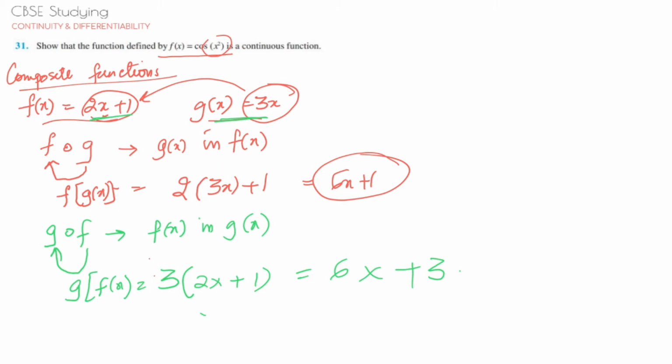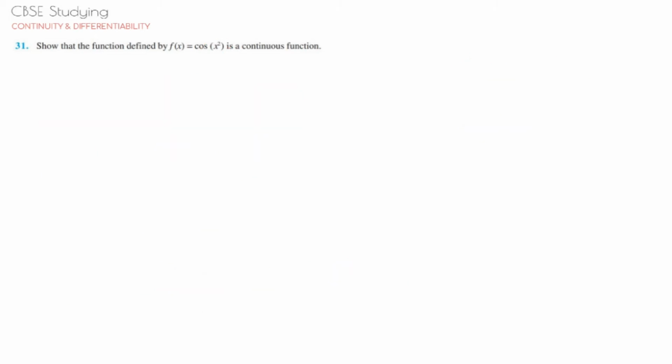So let's see how we're going to solve this question. Here you can directly see that what is given to you is f of x equal to cos of x squared. When I look at this, I know that x squared is another function, so I'm going to put it as g of x. All right. So how are we going to solve this now? What will I do by taking this as another function? Let's see. All right, so now what is my function? f of x is equal to cos x, the whole squared.